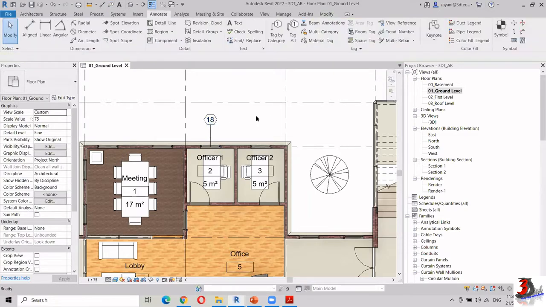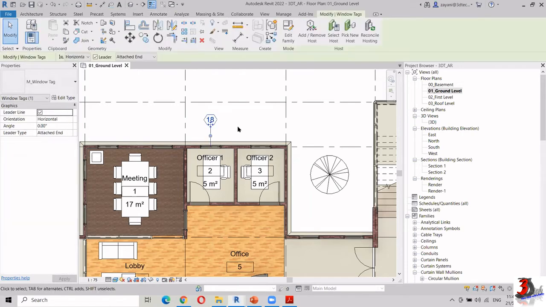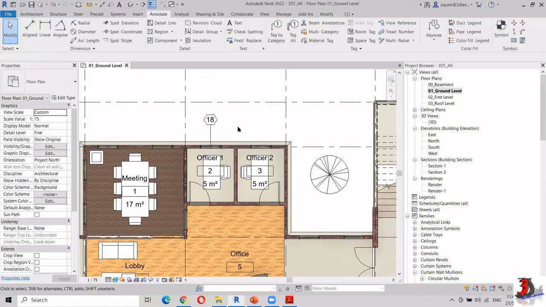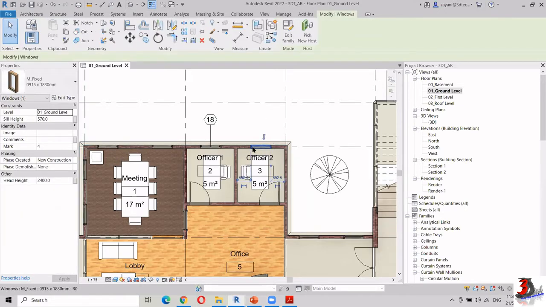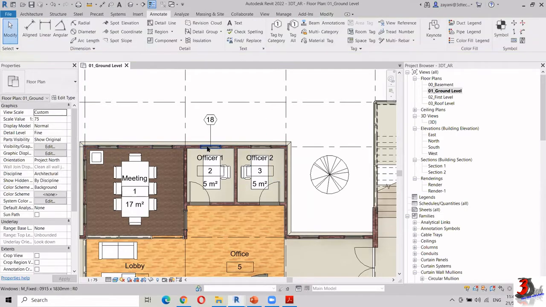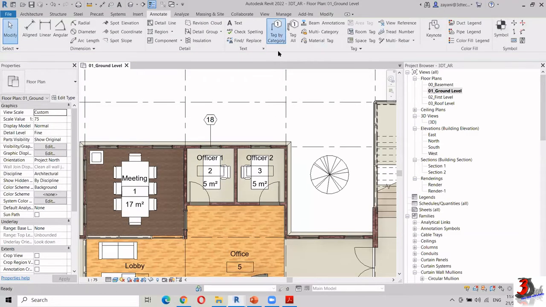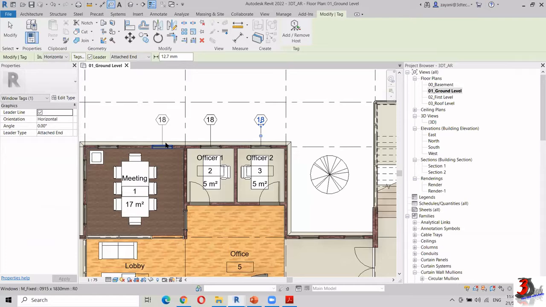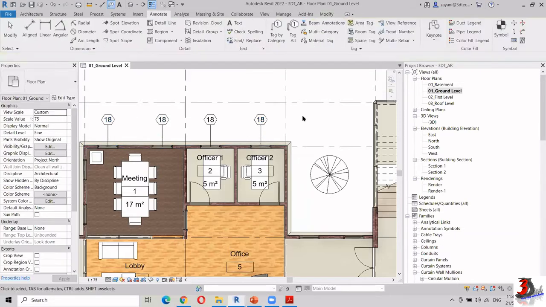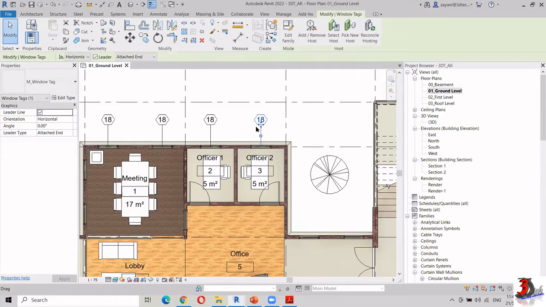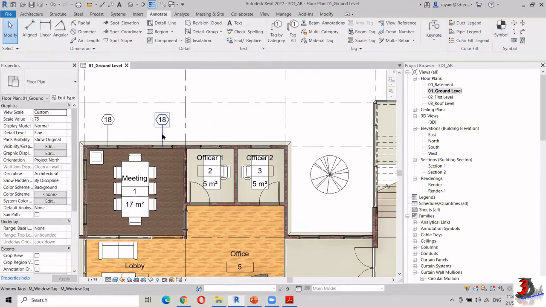Previously, okay, let's start with multiple tag. Previously, I always found it very difficult. For example, the window that I have here is identical to the window that I have here. So whenever I want to do tagging, I need to tag it individually like this, which is such a waste of space for me. Okay, so along with this new addition and new improvement of Revit 2022,